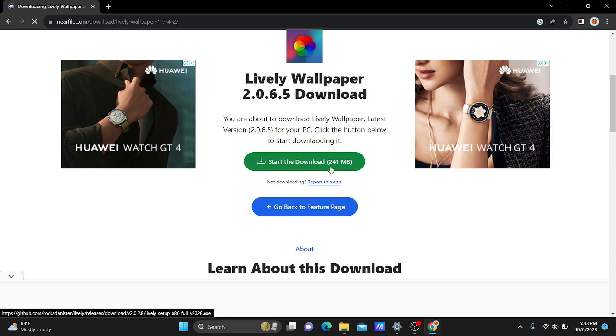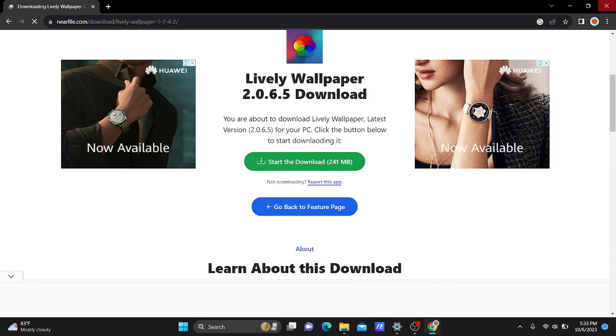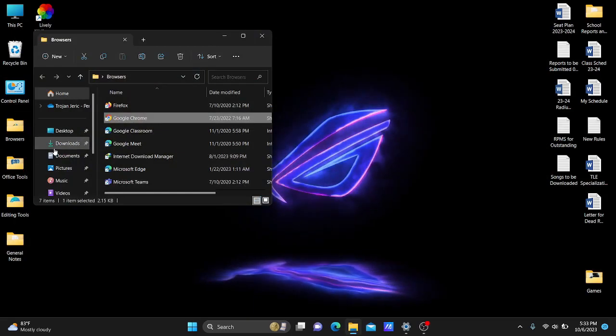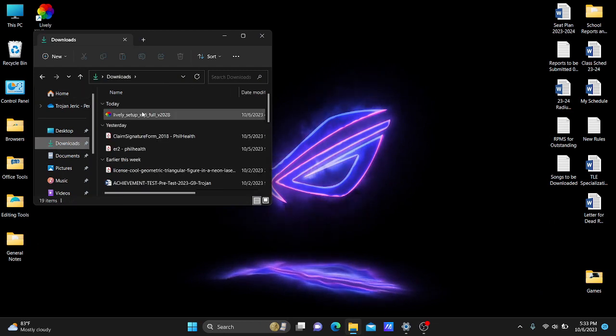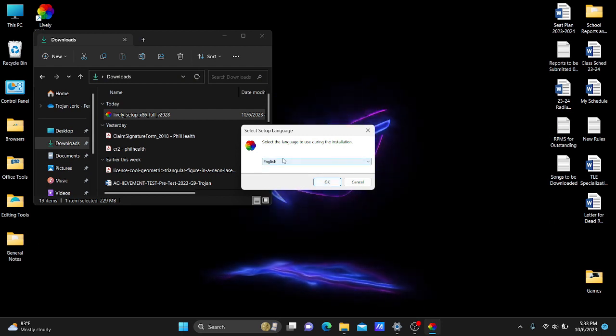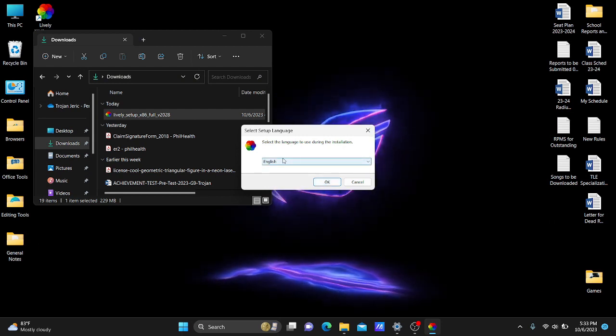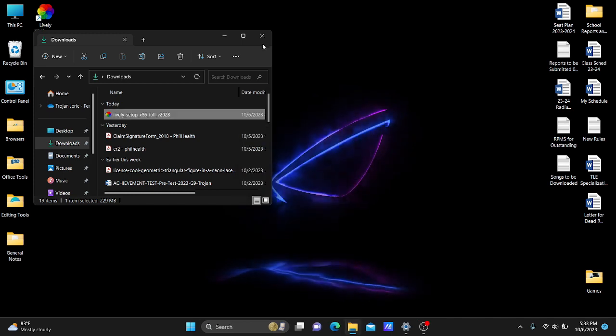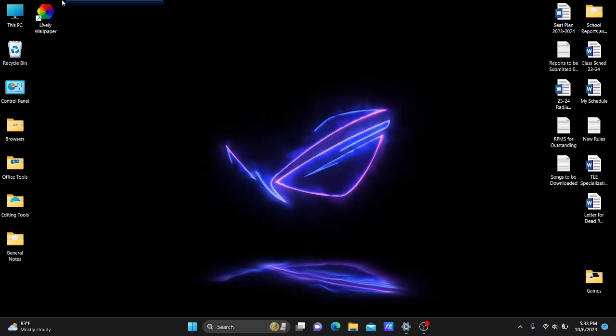So when you click this, it will start downloading, and when the downloading is done, just go to your downloads folder and double click the file. After you do so, it's going to ask you what language you want to use. Okay? For my case, I've already downloaded it and installed it in my laptop, and it's going to have a